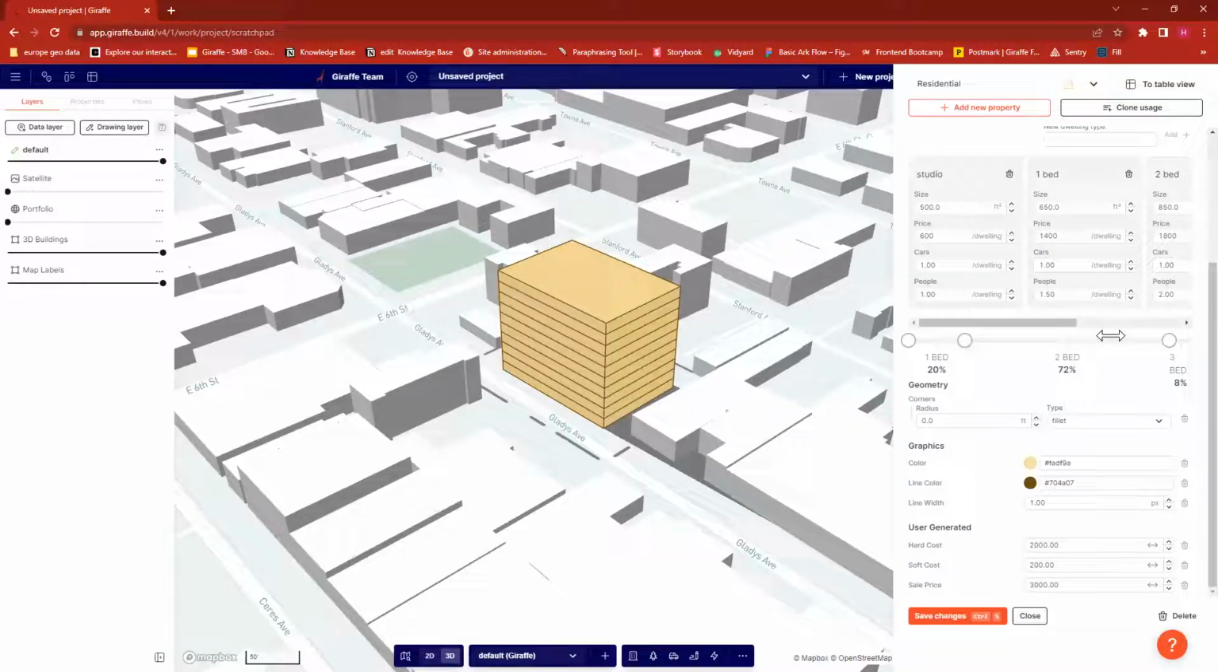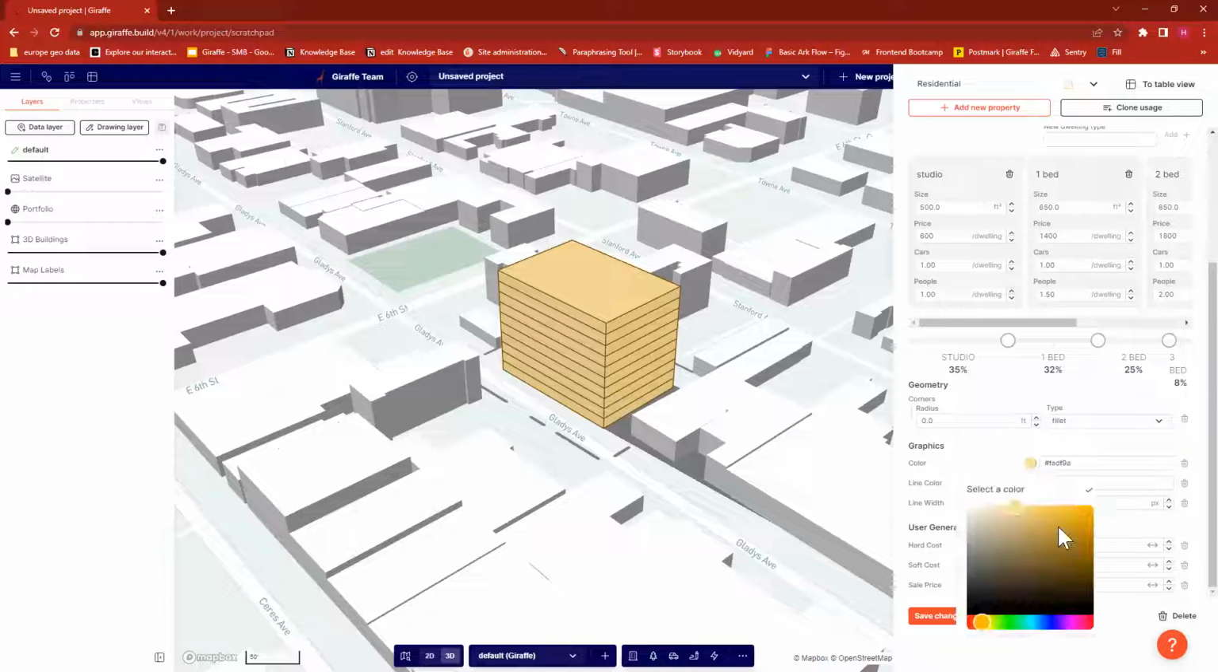And then I can start adjusting my unit mix by just easily grabbing these sliders, adjusting the mix. Maybe I want this building to have mostly studios and then kind of an even split of 1s and 2s and then just a few 3s. Lastly, I can also adjust some assumptions about just appearance. Like maybe I actually want residential to be purple instead of yellow,